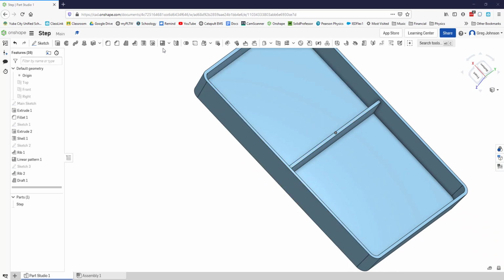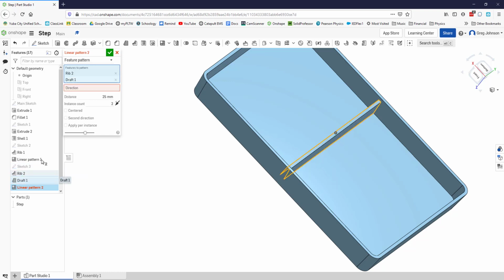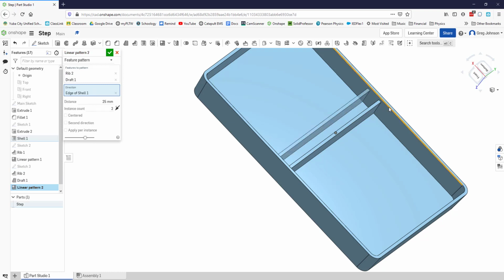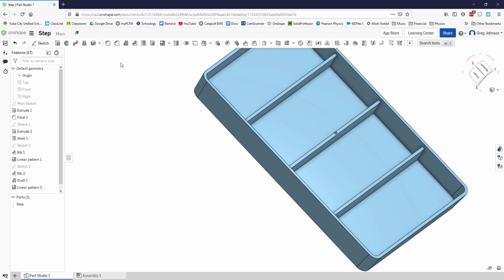Let's get the linear pattern again. Entities to pattern, make sure it's a feature pattern. The entities to pattern are the rib and the draft. Okay, the direction is along that edge of the part. They're 100 apart. And we need to center it to get that other one on the opposite side. All right, so there you go. And we'll accept that. Okay,